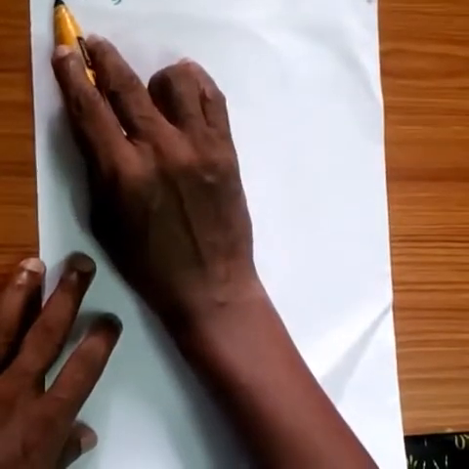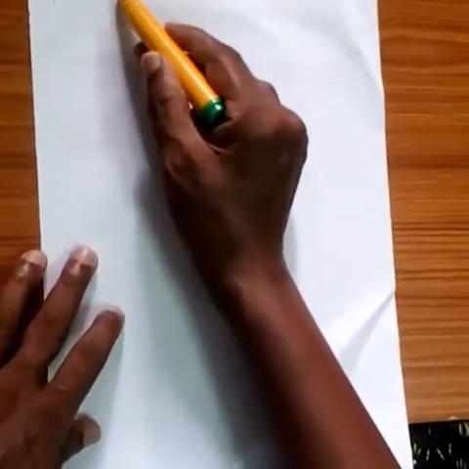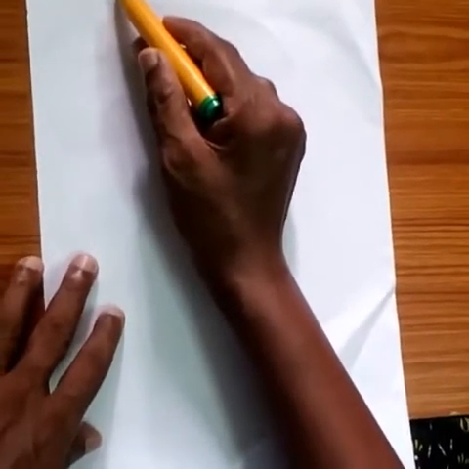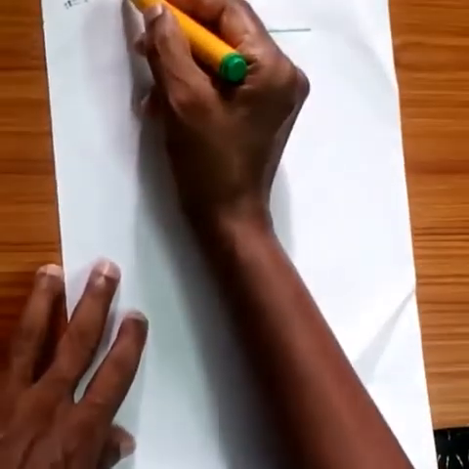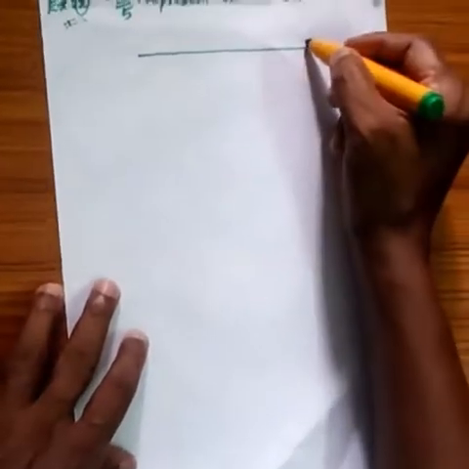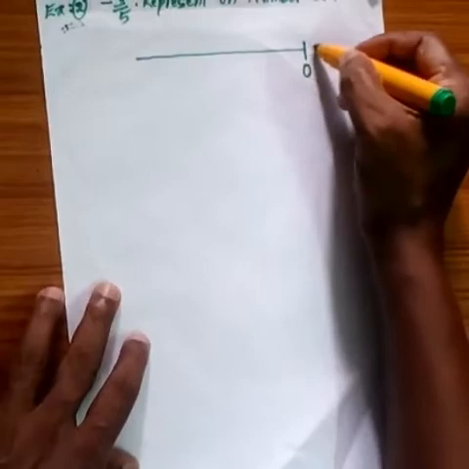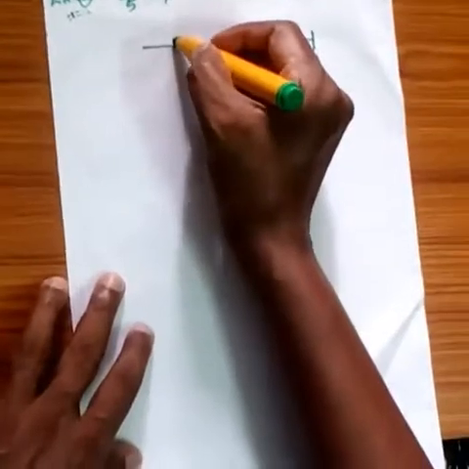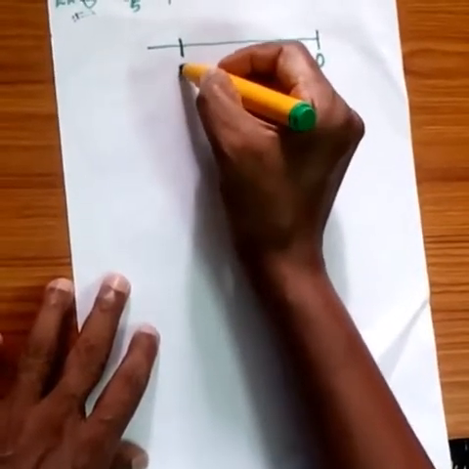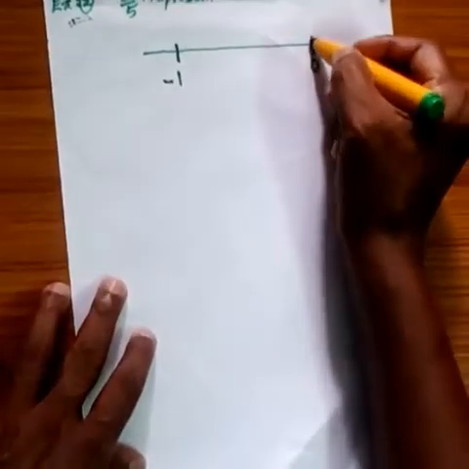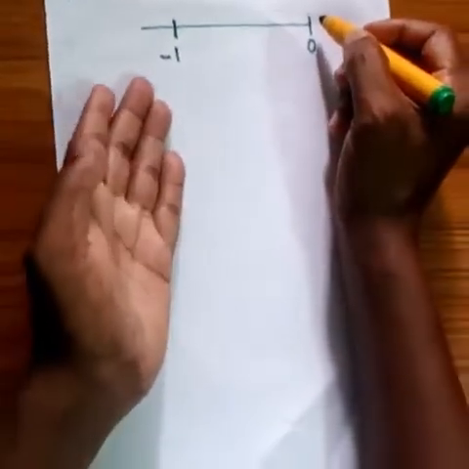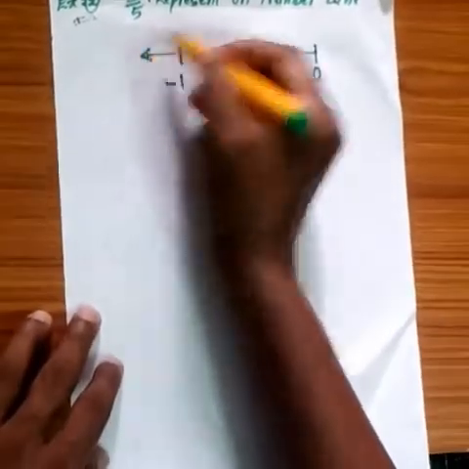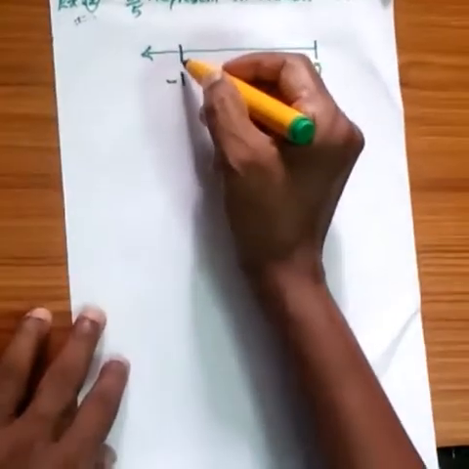Let us see one more example. Example 2, -3/5. This is one kind of fraction or rational number. Represent it on the number line. Let us draw one number line, and as this is a negative number, we write 0 on the right side. We need not write positive numbers on the right side, but on the left side let us take one unit. This is -1, because to the left side of the 0 only negative numbers can be written. So let us take only one unit.